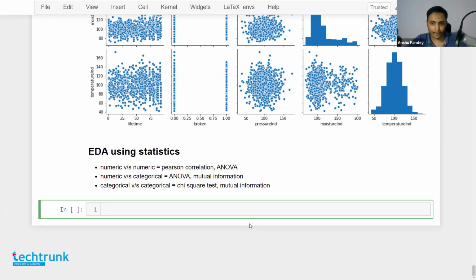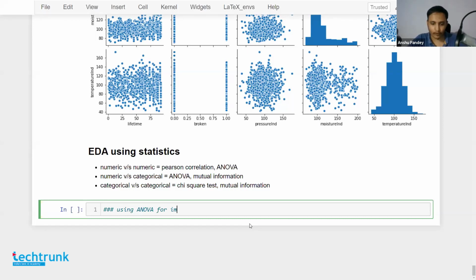ANOVA works for numeric, yeah. So we have a method in Python where ANOVA works for numeric versus numeric as well. So we're going to be looking at the use of ANOVA here for numeric versus categorical, right? So I'm going to show a sample example of using ANOVA